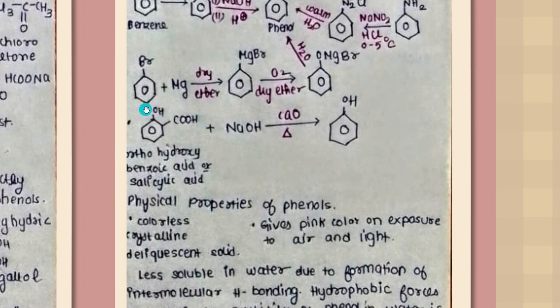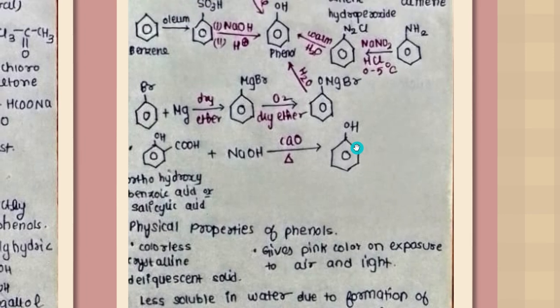So the next position is what? Ortho position. And what is my hydroxy? It is OH group itself, right? So next position of COOH, which is orthohydroxy benzoic acid. Benzene ring with COOH, benzoic acid, and orthohydroxy, right? Or simply salicylic acid. Reacting this salicylic acid with NaOH in the presence of calcium oxide and heat will give